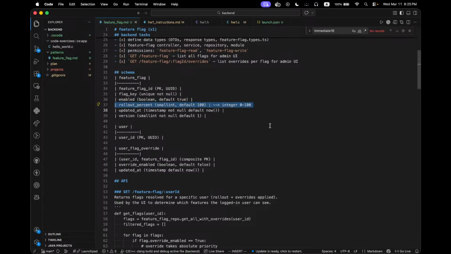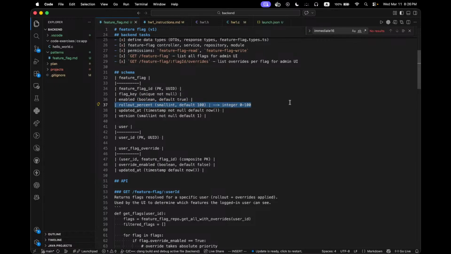Rollout percentage. This is deterministically calculated for each user, meaning every time they log in, the percentage that they see that feature is going to be the same. So day one I log in at 8 a.m., we deterministically calculate the hash, and I mod that hash by 100, which gives me a percentage. Let's say 30.4. That percentage is not going to change when I log in later in the day. This is to prevent